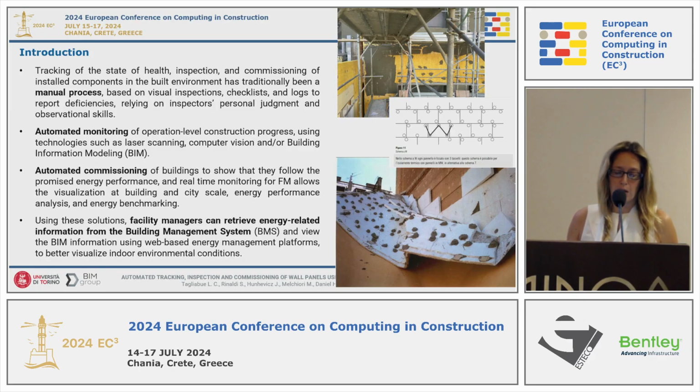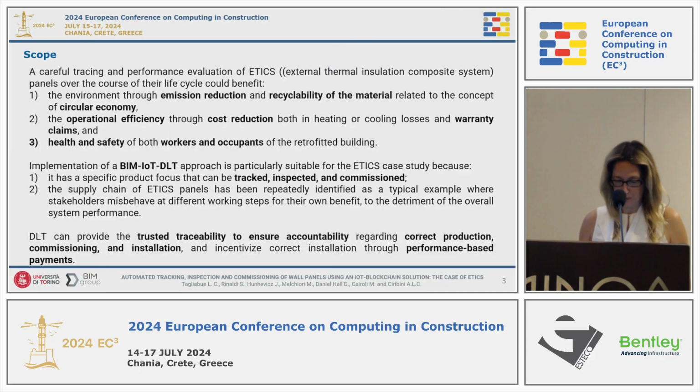If we could introduce this kind of real-time monitoring, we can have information through the life cycle and information about the energy performance at a specific moment, and we can support the facility managers with information for a correct management of the system. So the scope of our research is tracing and making a performance evaluation of this kind of system, and